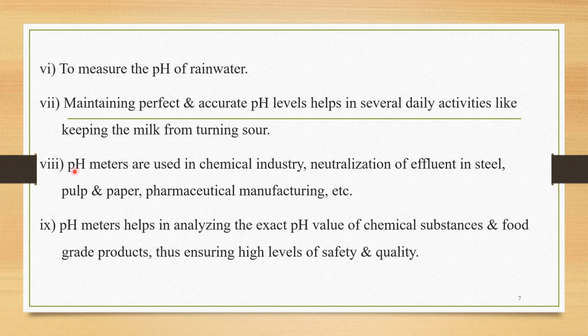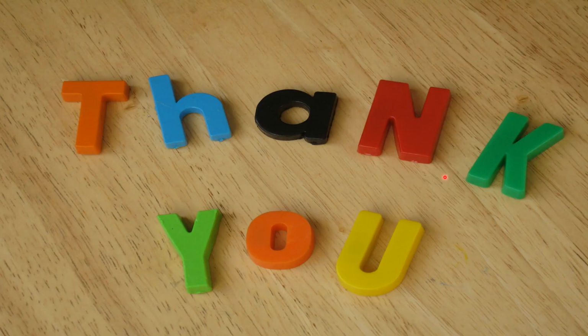So in this lecture we studied two important points from this chapter on pH meter. The first one is what is meant by a buffer solution and how to prepare buffer solutions, with the help of one simple buffer solution made up from acetic acid and sodium acetate. And at the last, the important point we studied is the applications of pH measurement. In that we studied 9 different applications of this pH meter. I hope you understand these two important points very well.